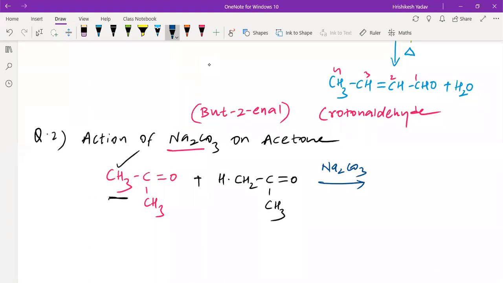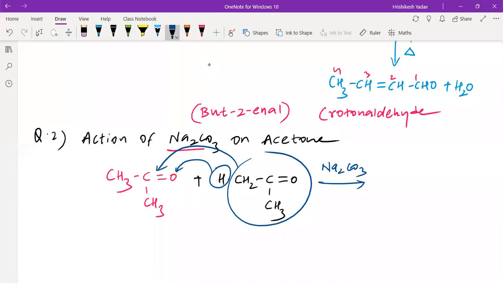Now, as you know, the alpha hydrogen gets attached to the carbonyl oxygen, and all the remaining part gets attached to the carbonyl carbon. So the product which we get is CH3, C, CH3 here, and this OH which you are going to get, we can write it up. So now directly we can attach the big part here, which is CH2, C double bond O, and CH3.